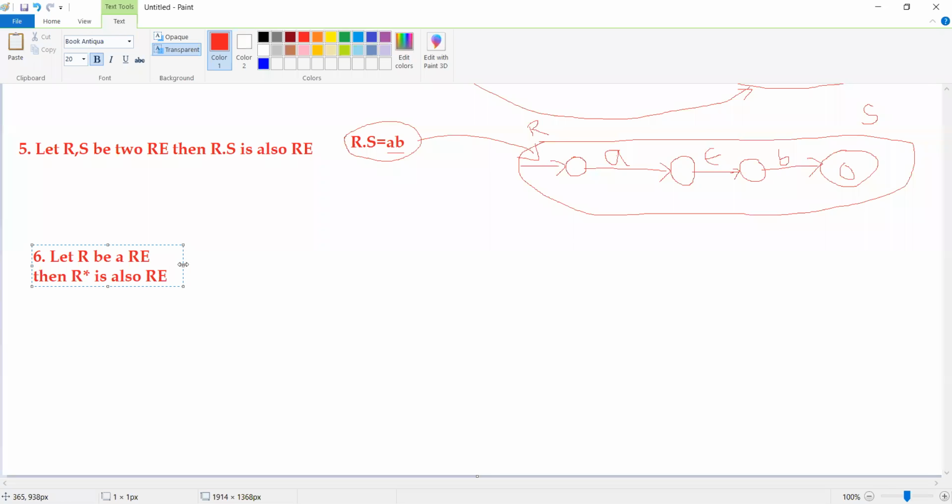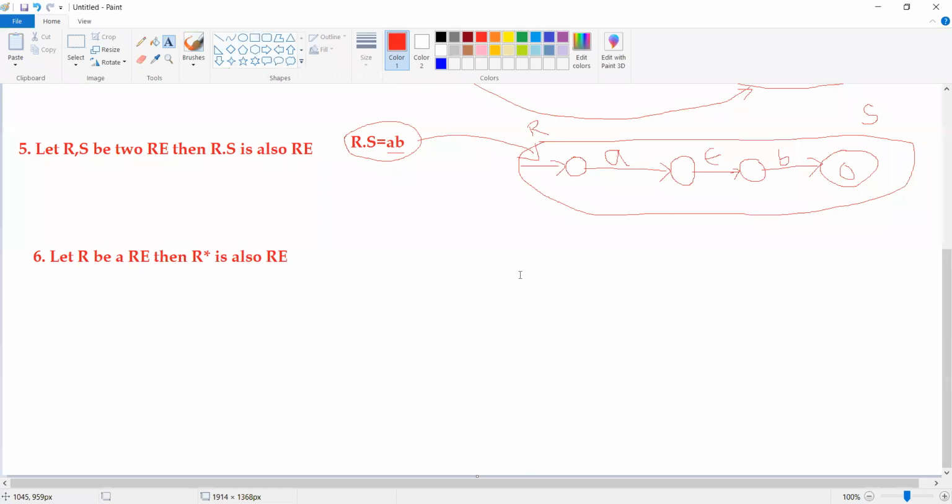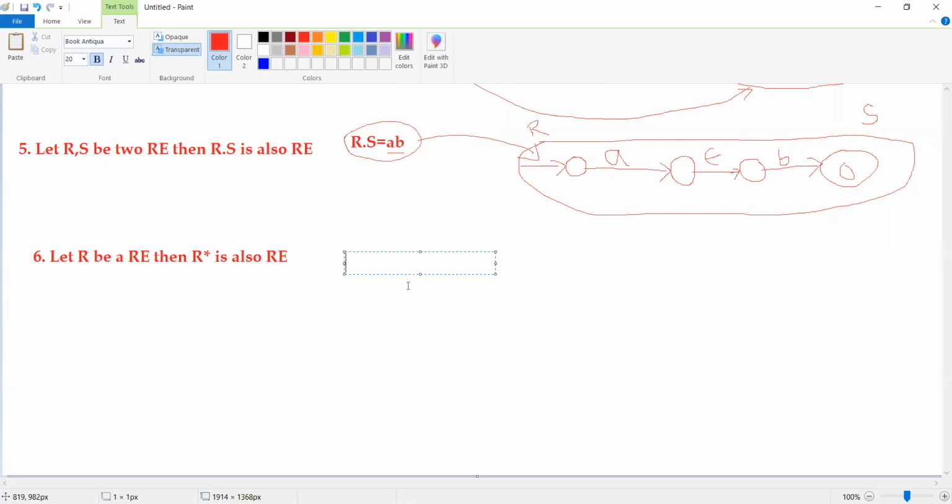Now observe that whenever you take R star, what is the least string which is going to be accepted? For example, let R be A. Then R star will be A star. A star in the sense the least string which it is going to accept will be epsilon. Then it is going to recognize A, then AA, and so on.